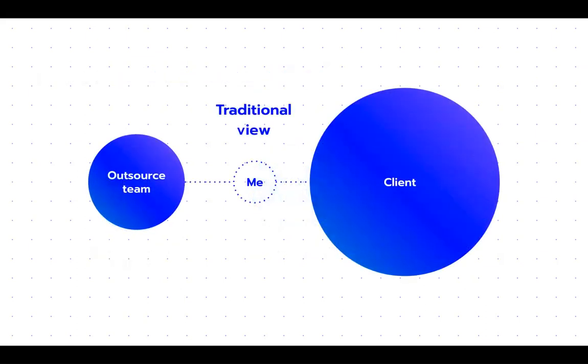So this is how I thought it should look. Okay, us on the outside, not bothering the client. Okay, it worked. It did. I got to admit, it did work. We delivered on time and on budget, and most of the time, our clients were more or less